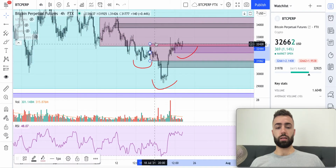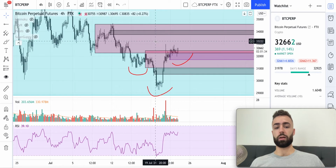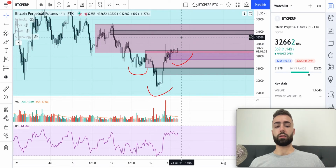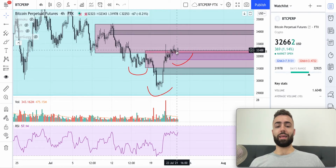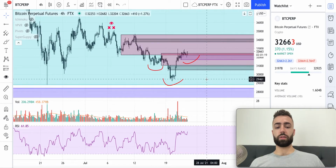So we can just take this high as our neckline, and so that's our neckline. Now the confirmation of this pattern is a significant break of the neckline, with increasing bull volume, and then follow through to the target for this pattern. Now the target for this pattern